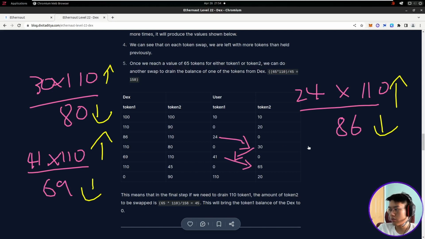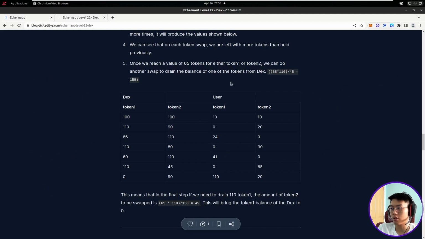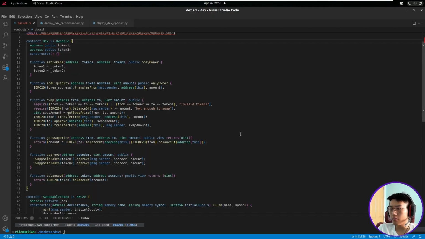So let's just check the formula here. A over B equals C. Let's say that A increases. What this means is that it's a direct proportion, so C increases. And now let's say that B decreases, C will also increase because it's inversely proportional. So you can see that there's a flaw in the formula, as well as the Solidity floating point exploitation. But the floating point can be ignored because the real problem is the formula. So what can we do? We can actually